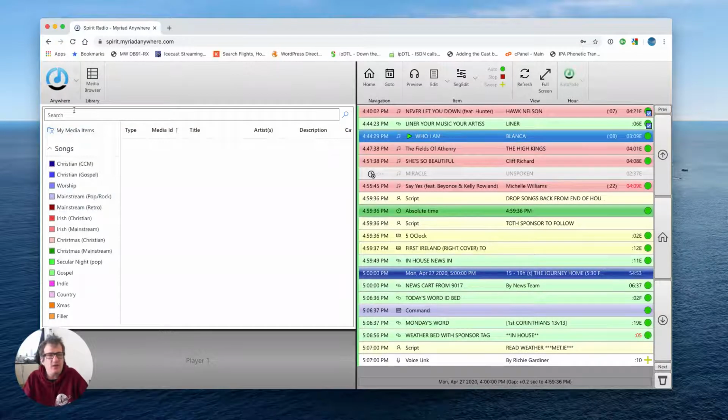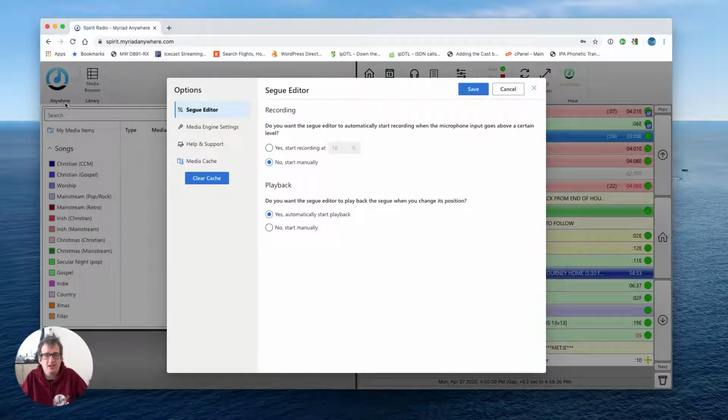The next thing you need to do is go up to here where it says Myriad, the little blue and black symbol with a note on it, and Anywhere on the bottom, and the little drop down arrow. Click on that, go to options, and a couple of things you will want to change, because by default it's set like this. And do you want to start the recording automatically when the microphone input goes above a certain level? So in other words, when you start talking, it will start recording when you're in SegEdit. I don't like that. I like to be in control, and so it's probably a good idea to choose no